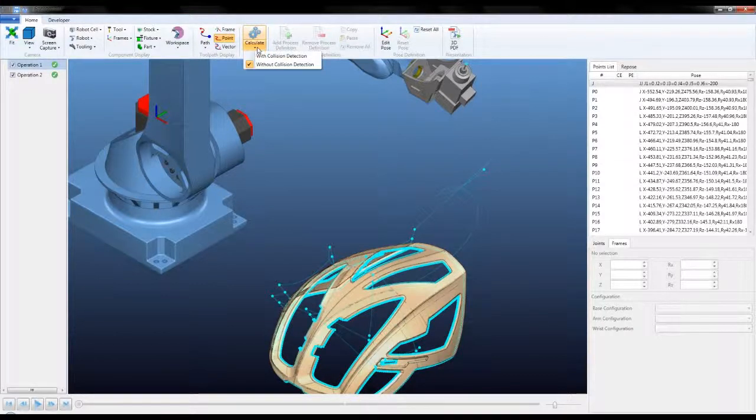This is where the calculate with collision detection is a valuable tool, because enabled, it allows you to very quickly see beforehand, even without simulating, if there are any problem areas. So first of all, we do see here that there is a collision, and we see the areas where the collision